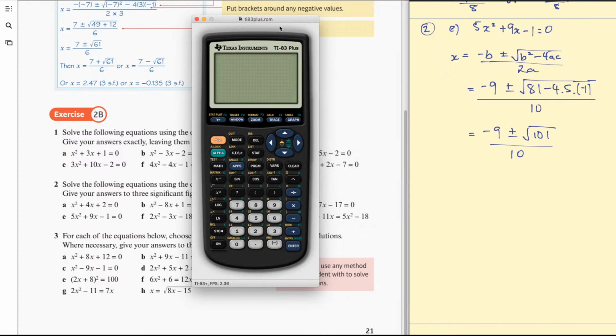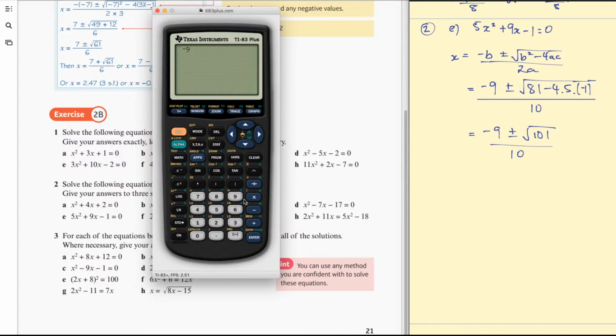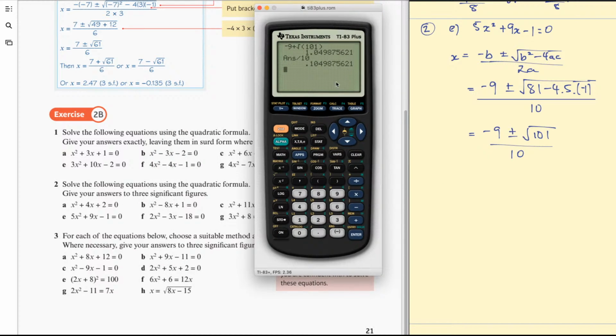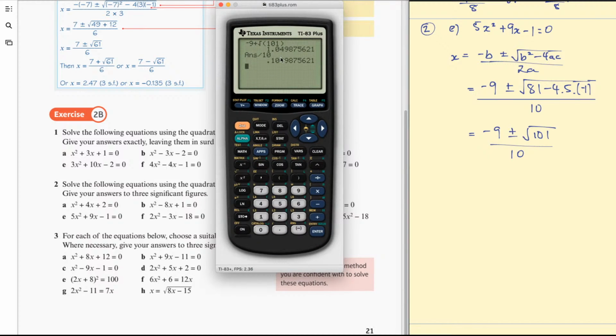So calculator, -9 plus the square root of 101 divided by 10. That gives me one solution of 0.104, and it says give the answer to 3 significant figures. So you look at the fourth decimal place, that's a 9, therefore you need to round the 4 up by 1. Remember, if it's 5 or more, you add 1 more to the number before it. So here we need to use approximation symbols. X is approximately equal to